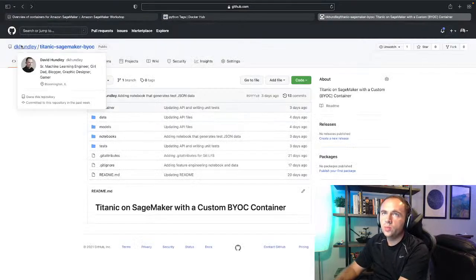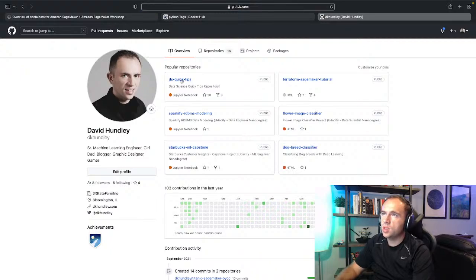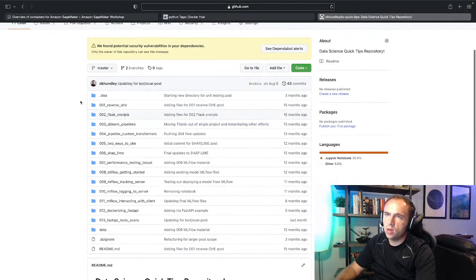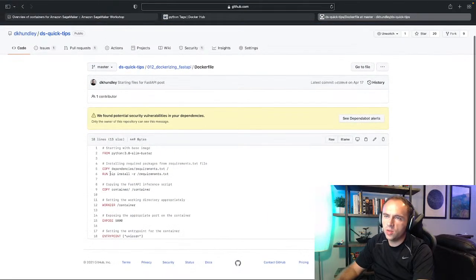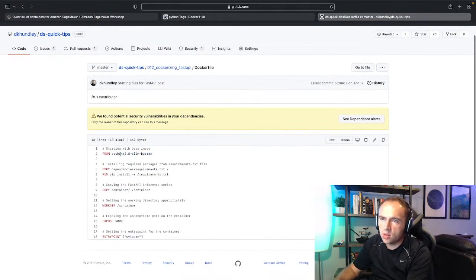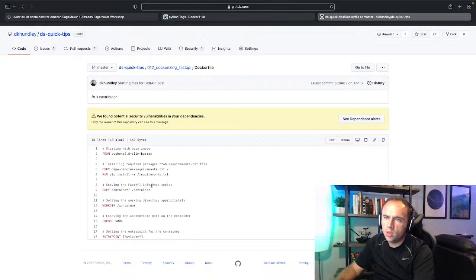So what I like to do is I have a DS Quick Tips repository that has all these different things representing the different projects I've worked on in the past. So I know that there's a clean Docker file working here just fine. Okay, so apparently I did use a Slim Buster here. So you can see here I am installing my dependencies as such, running the pip, copying things over, although I